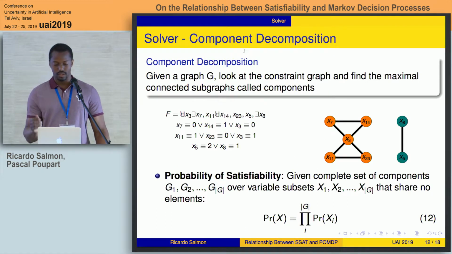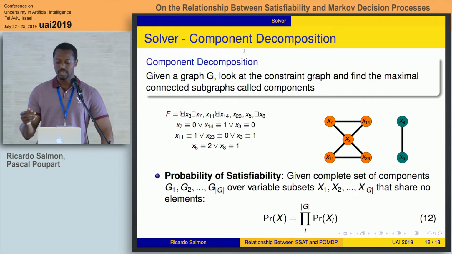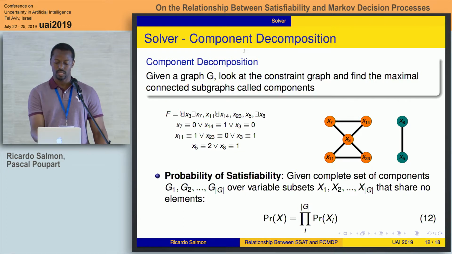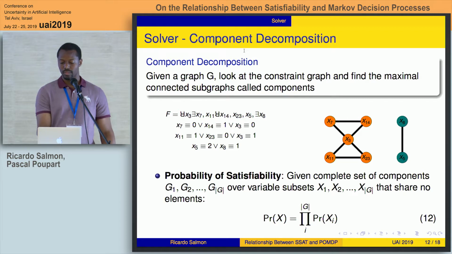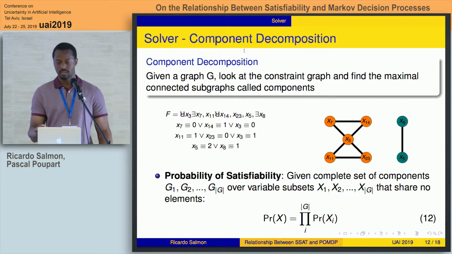So now I'll focus on the stochastic SAT solver. In particular, one of the techniques used is component decomposition, where essentially if you have a formula F here, you can decompose it into separate components that can be solved independently. And so if you have a set of these components G, then the probability of the entire formula can be factored into this product. And this is a huge reduction in complexity. However,